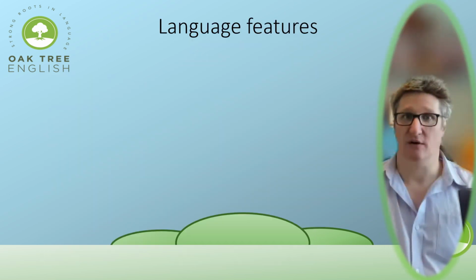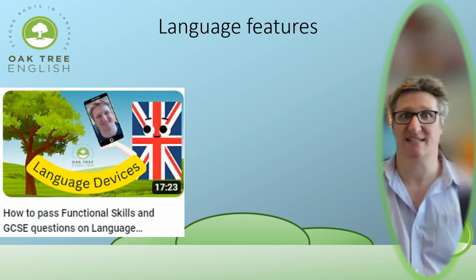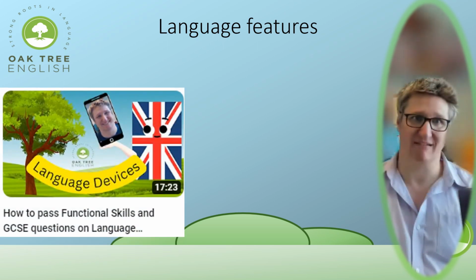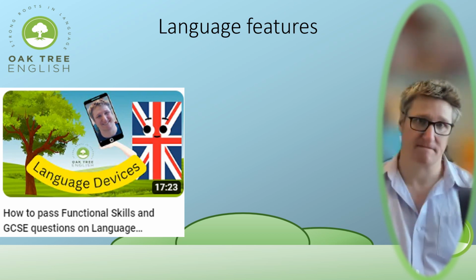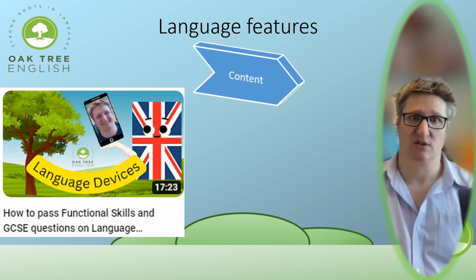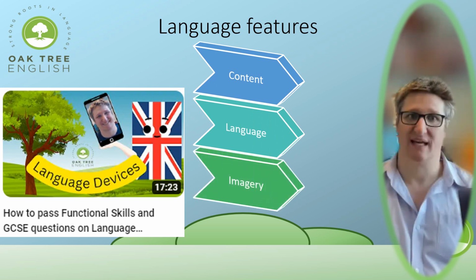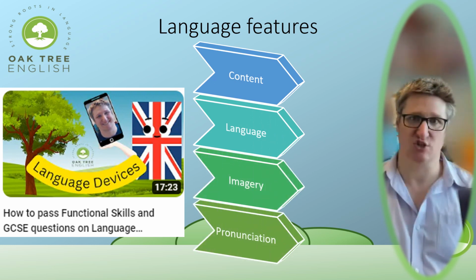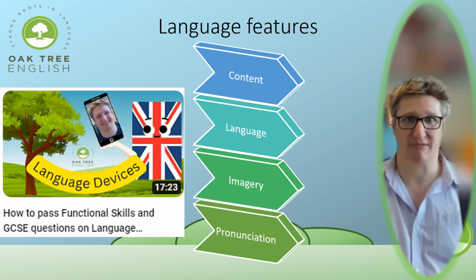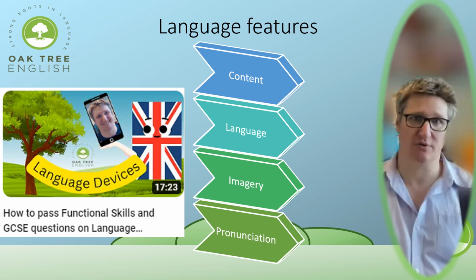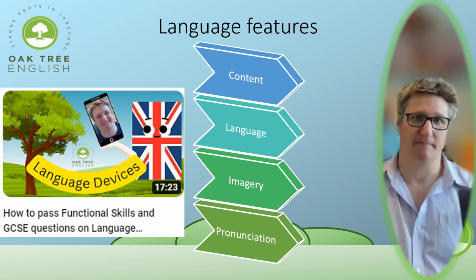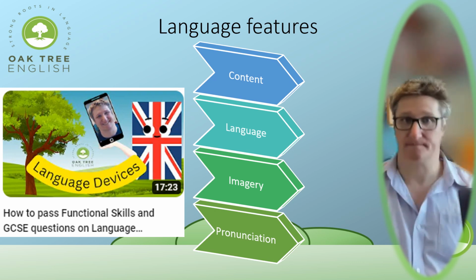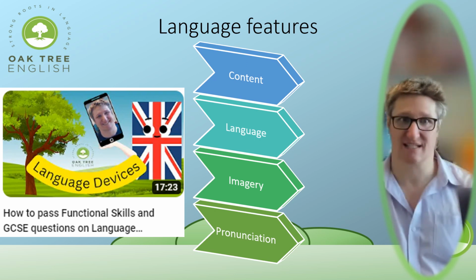I made a video with this thumbnail, which organizes language devices into 4 areas as an alternative to the normal DAFOREST mnemonic. Those areas are content, language, imagery, and pronunciation. In each category, there are appropriate devices to use in reports, and there are things that you probably shouldn't bother with. So in the content section,